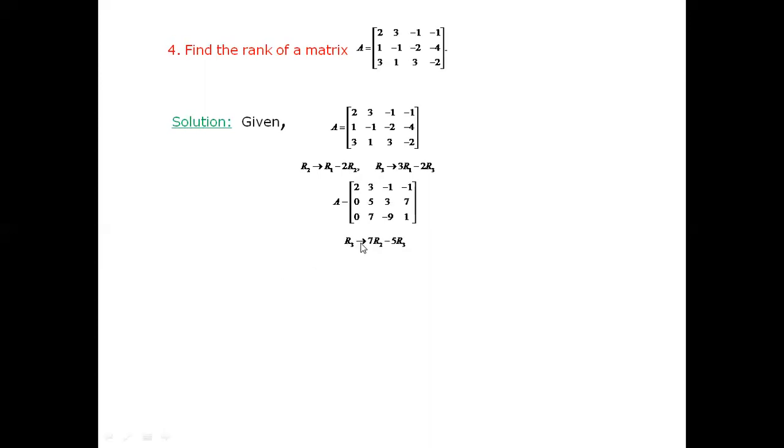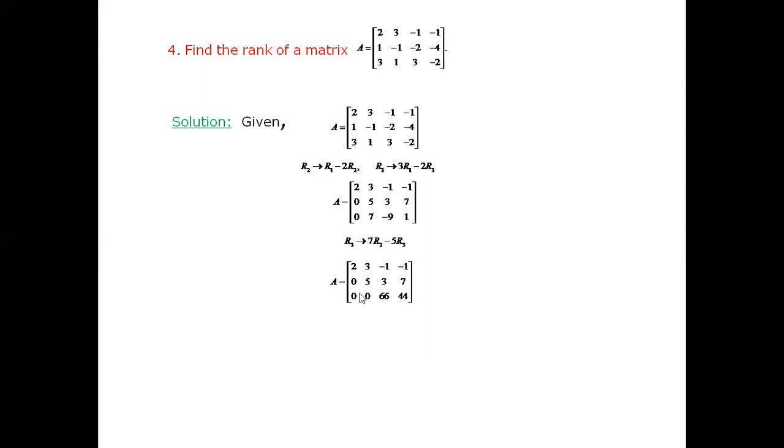Let us multiply this by 7. So 7 into 5, 35. And this element by 5. So 5 into 7, 35. 35 minus 35, 0. I'll write the first two rows as it is. Apply the same operation for these two elements. So 7 into 3, 21. Minus into minus plus, 9 into 5, 45. 45 plus 21, we get 66. Next here, 7 into 7, 49. Minus 5. 49 minus 5, 44.